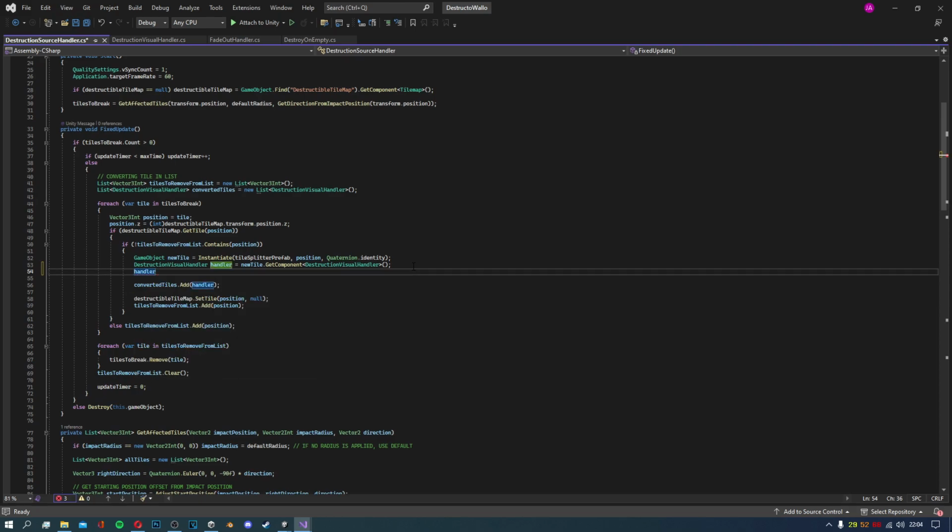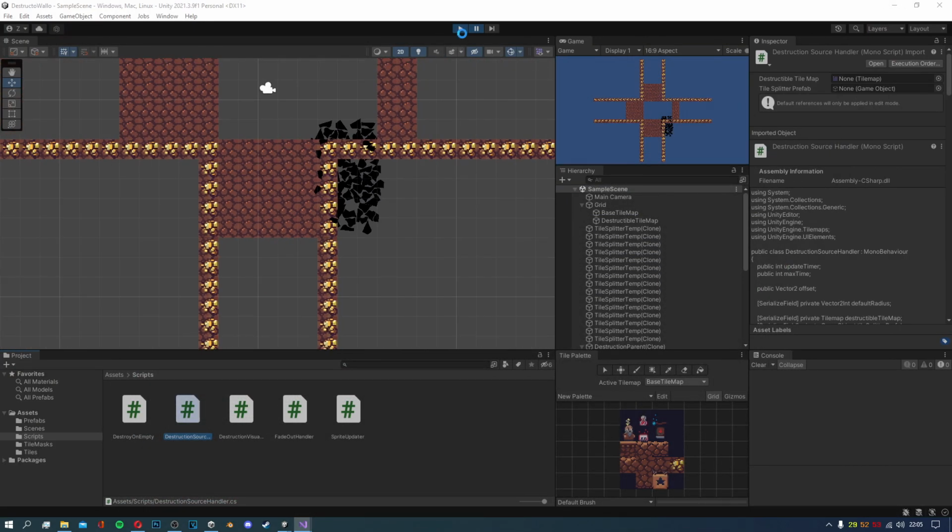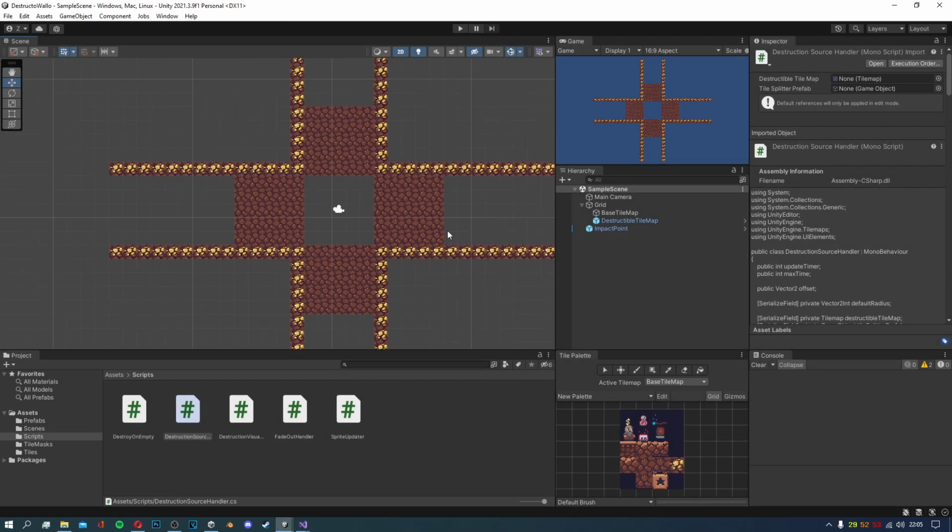So we're going to go handler dot tile sprite equals destructible tile map dot get sprite position, and handler dot force position equals transform dot position. I'm not sure why I decided not to add that in earlier. I think we had to get the initial position, possibly. But there we go. So if we head back into Unity, we restart this,